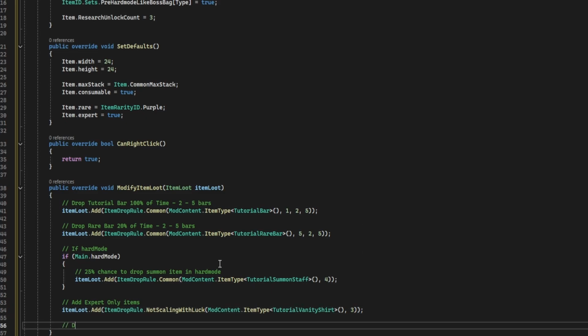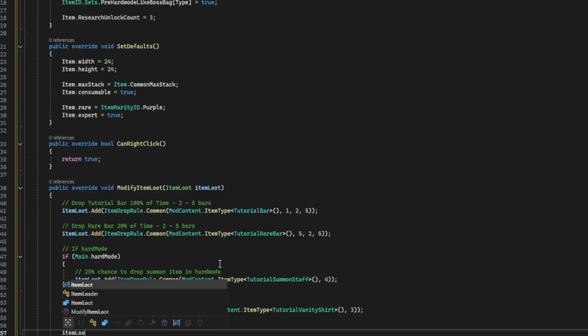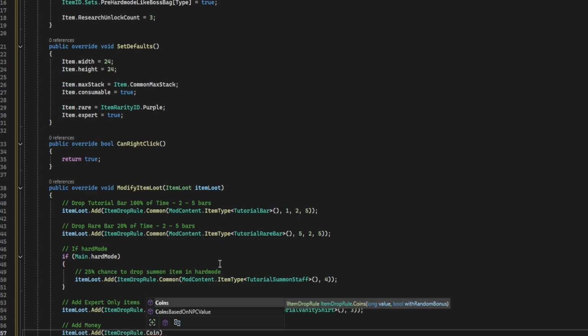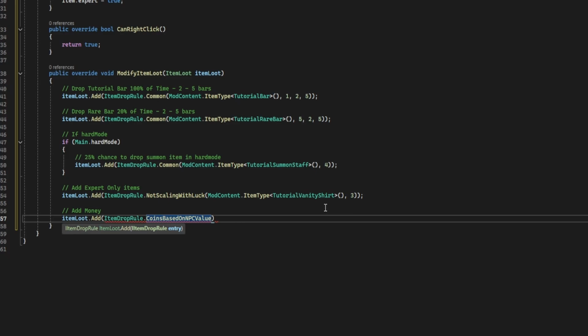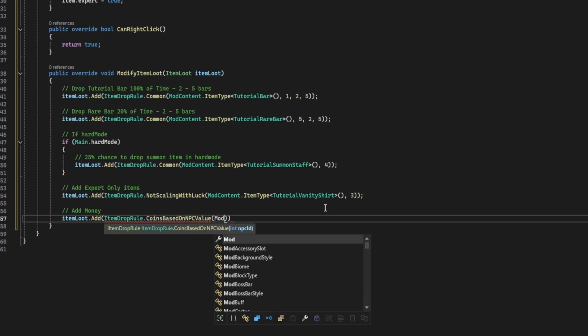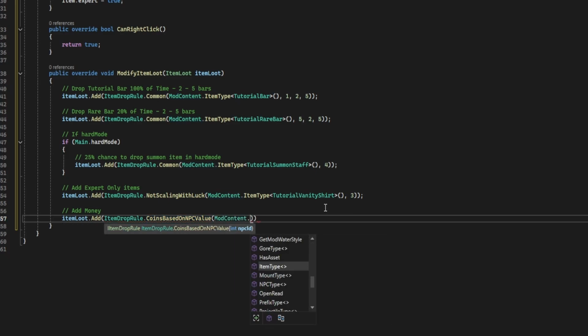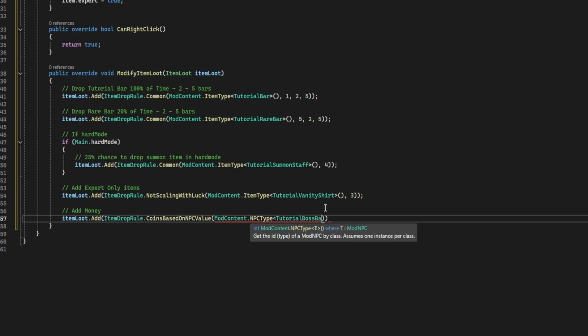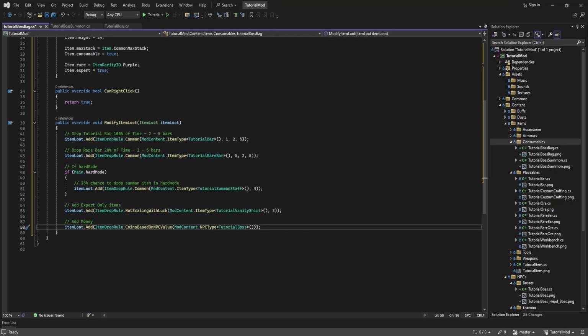And we can also add money. Item loot dot add item drop rule. Coins based on NPC value of mod content dot NPC type tutorial boss. Nope, not tutorial boss bag, tutorial boss. So now that's done,